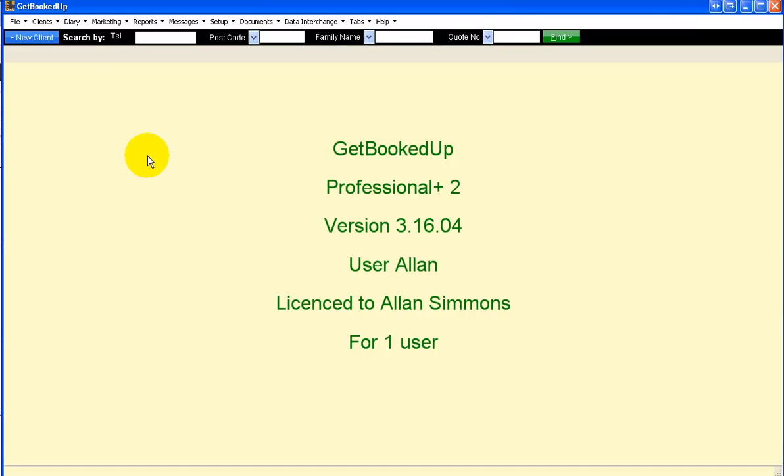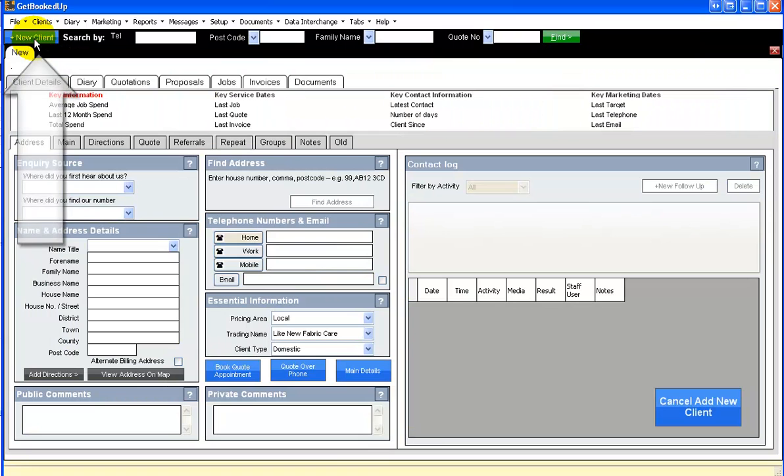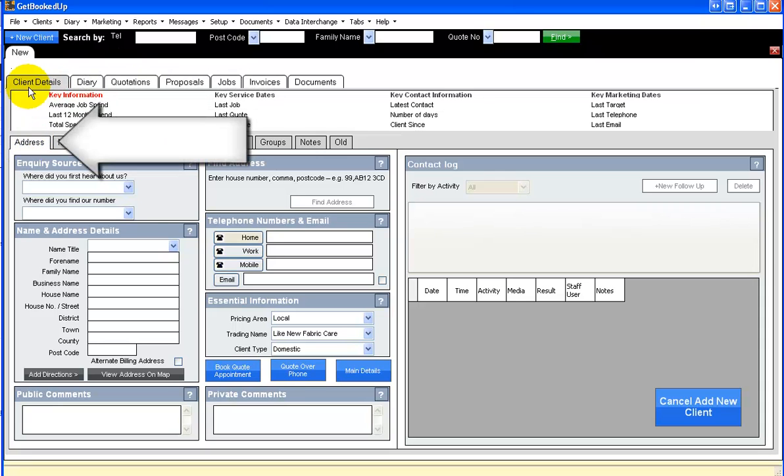Okay, so let's look at how we add a new client in the Professional Plus edition. The blue button at the top left hand corner that says New Client, we click that and that'll open a brand new blank client record ready for us. It opens with the Client Details tab selected here, and it opens on the Address tab within that Client